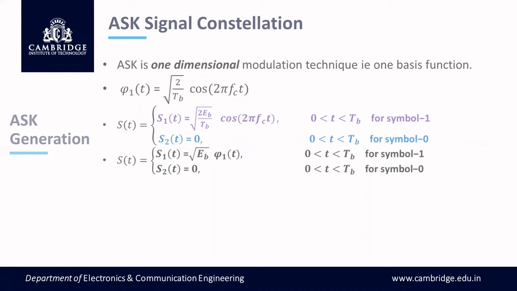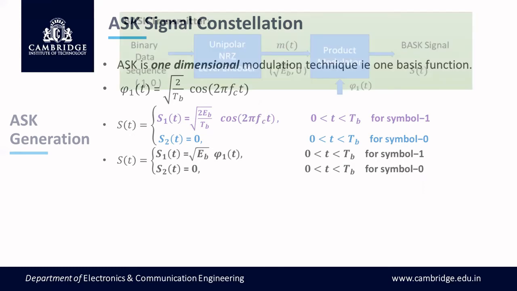As per our earlier discussion, before transmitting an ASK signal, all these basis functions must be unity, to generate them out of the symbols. So this is the block diagram of binary ASK. We modified the amplitude of the sinusoidal signal as root of 2 by TB, because if you square and integrate over one symbol duration TB, you get 1.